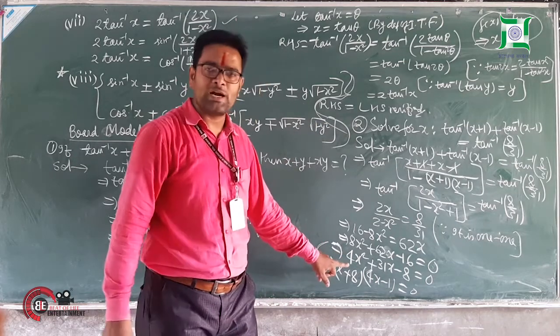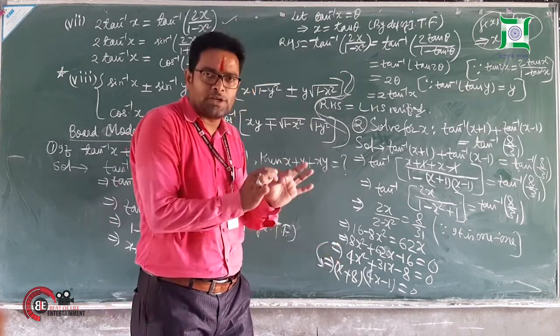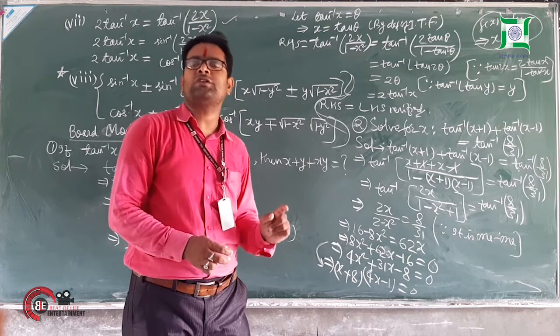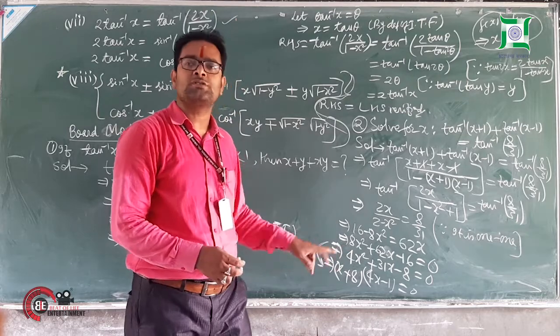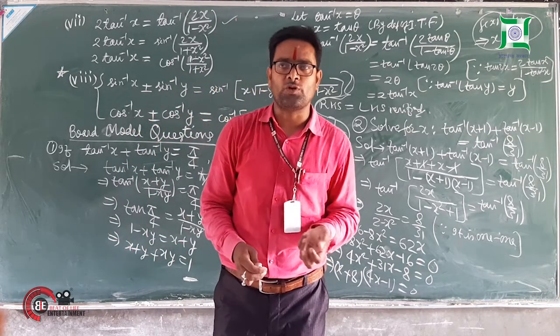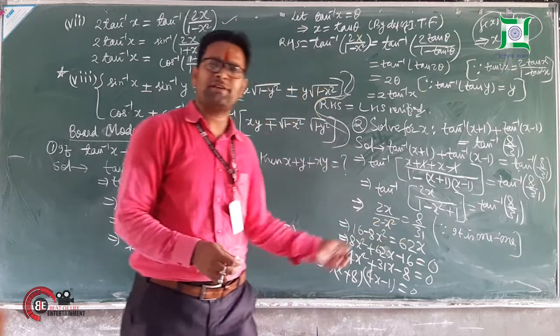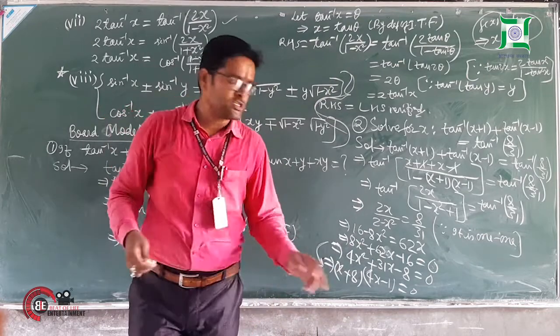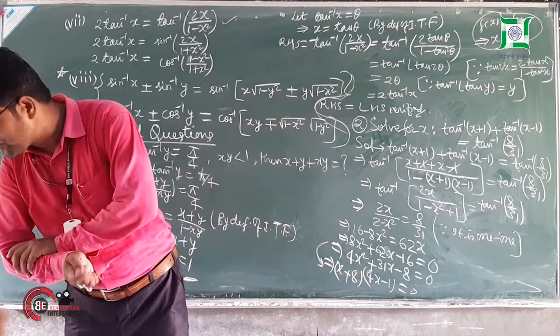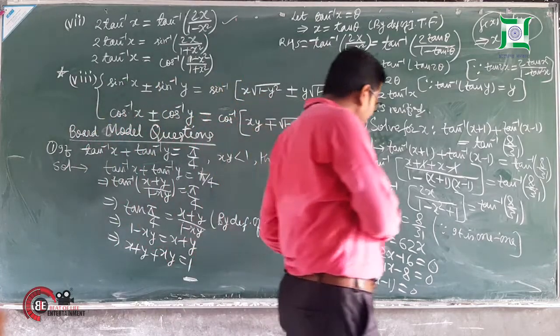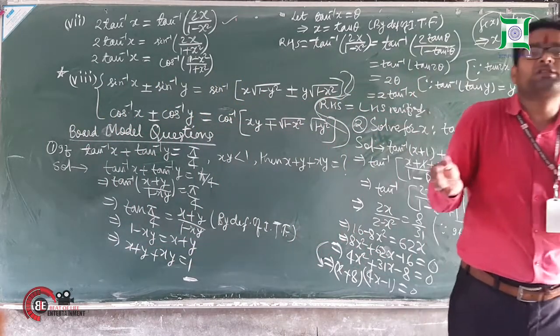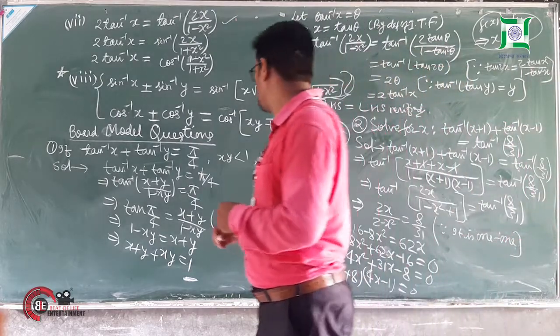That's why I have done this. I suggest you go in a proper channel. If you are confused with the factorization, you just find the value of x on the basis of the quadratic formula. And if you are not confused, you can factorize. So its factors will be x plus 8 and 4x minus 1. So x plus 8 and 4x minus 1 are the factors of this.